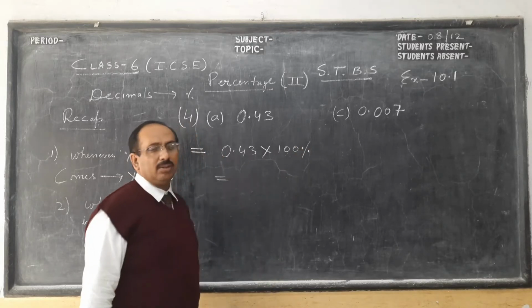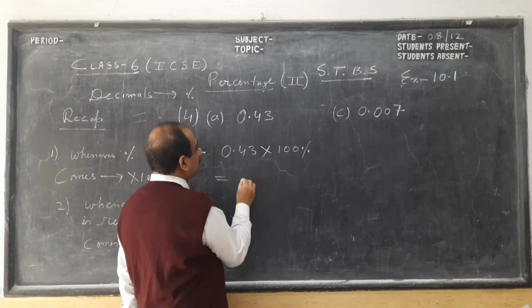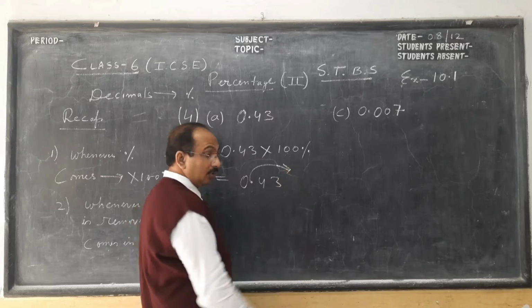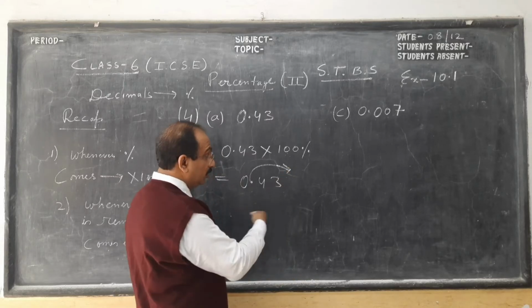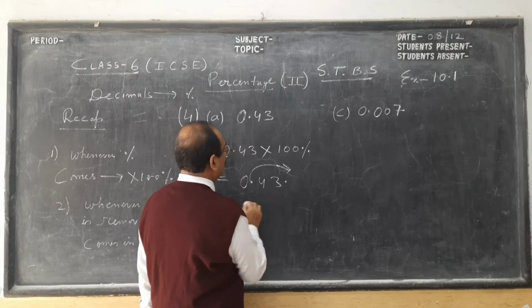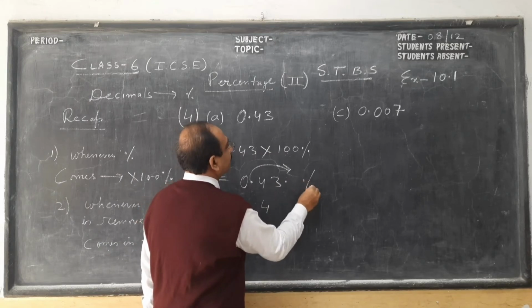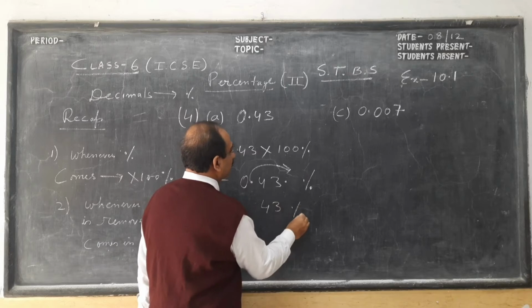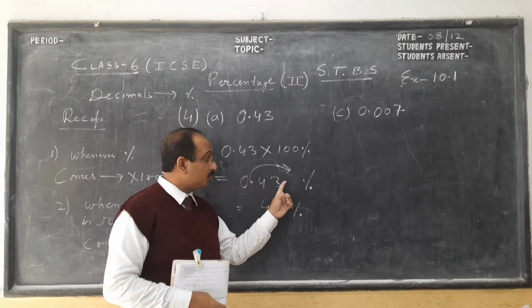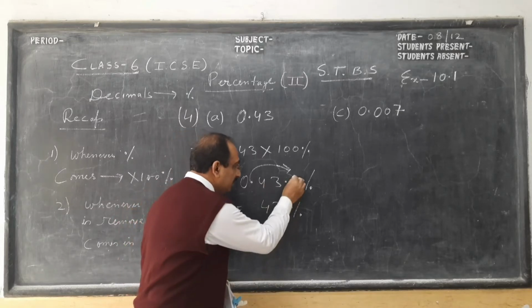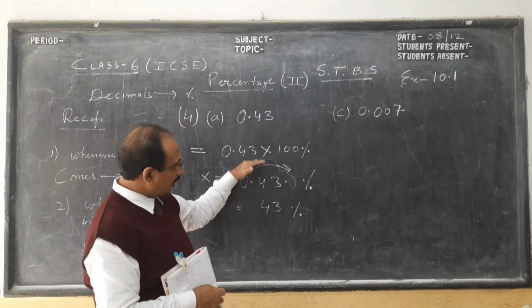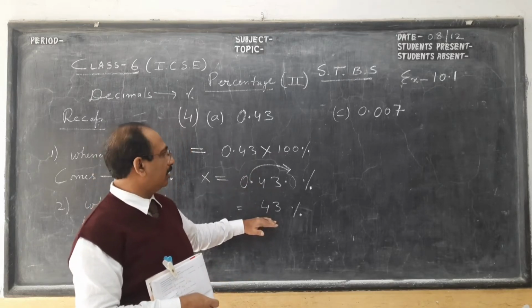So whenever you multiply, children, the value increases and the decimal goes to right. In my previous video, I told when you divide what happens. So decimal will come here. So it will become 43%. Whenever you multiply, things become bigger, decimal goes to right. So this comes here, we put 1 0, you can put or you may not put. So this step you don't show, directly we show 43%.